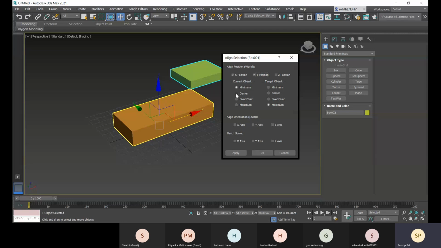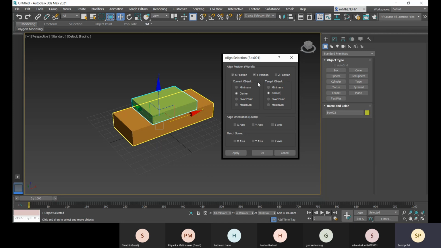Okay. And for that, I'll go with center and then center. Okay, at the center, I will align it. Because you see that this is from where I have started the X position for the length. So this is the minimum for my X position. This is the minimum. At the XY plane, the corner which I've started, that is the X, and that is the Y position. And in the Z direction, the upper corner are the maximum values. Okay, for my X and Y.